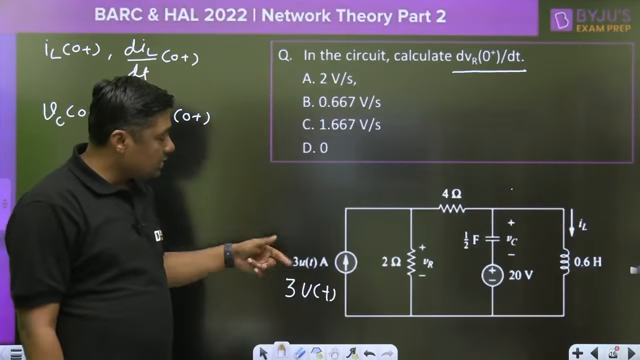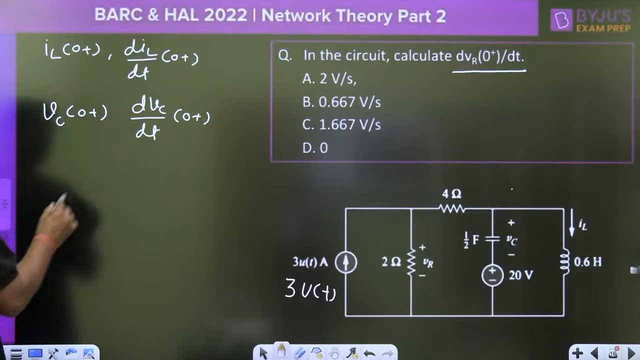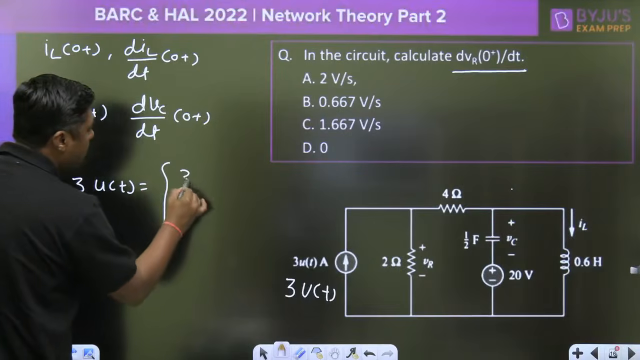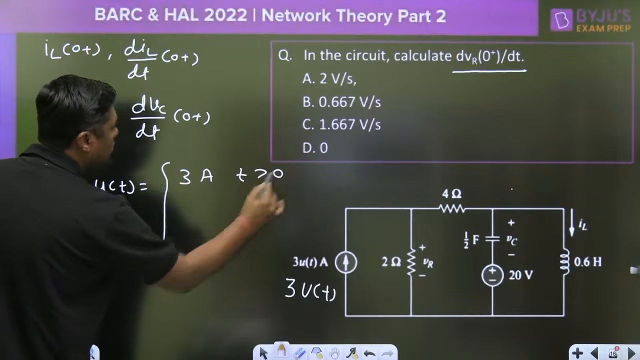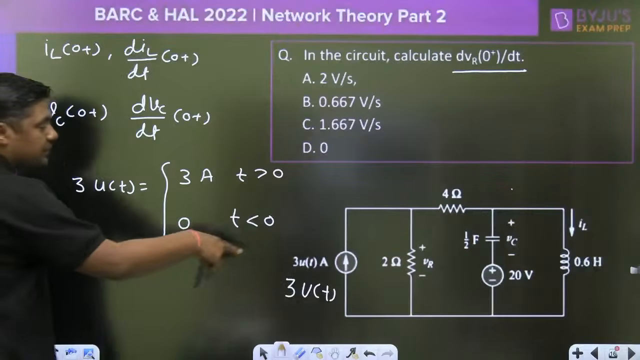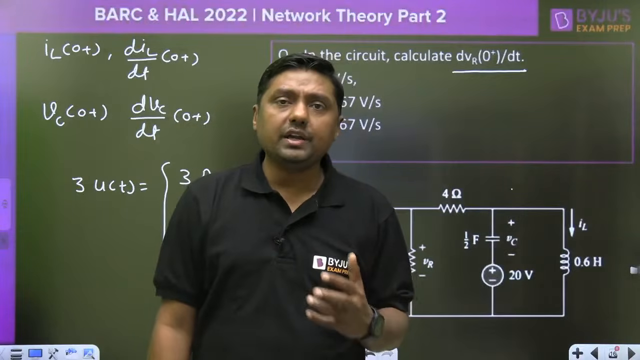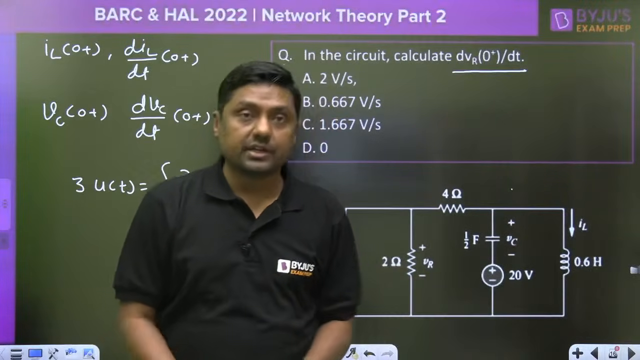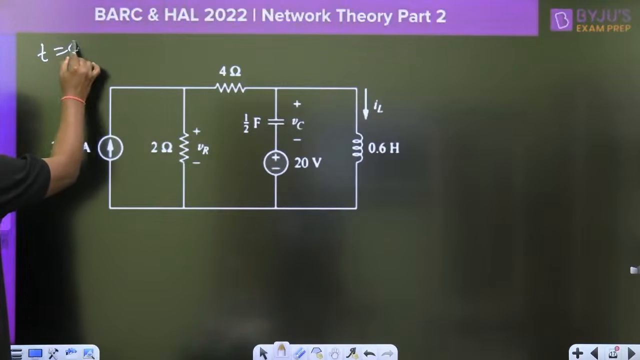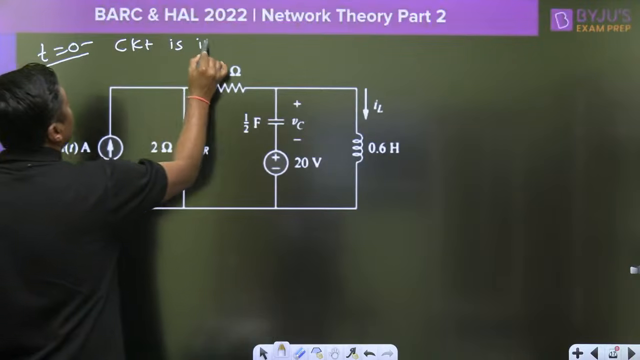Here, what is there? There is no switch. But what is this? 3u(t). What is the meaning of 3u(t), everyone? 3u(t) means this is a 3 ampere current for t greater than 0, and 0 ampere for t less than 0. So that is the switch. When the current is 0, it will act as what? Open circuit. And then first of all, exactly at t equal to 0 negative,